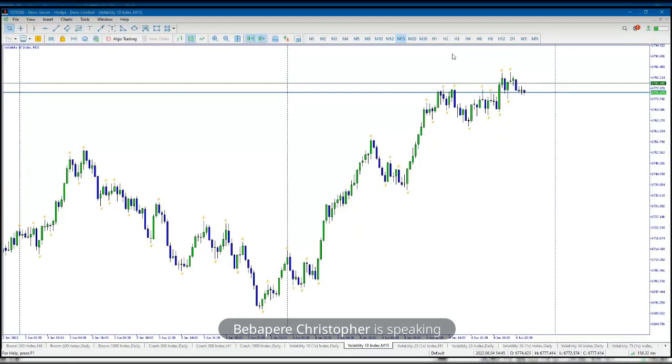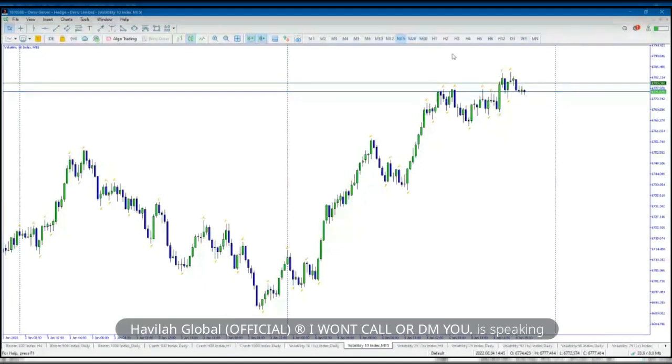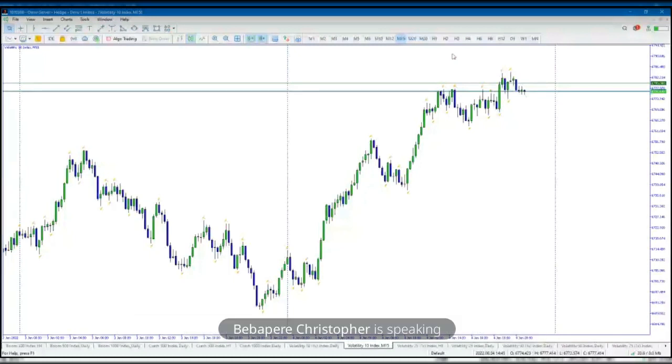Another thing I'm observing this evening is that I think V10 is a very good trendy market. In other words, if the market is buying, just put buy. If the market is selling, just put sell. I've not tried it before, but I'm just looking at the graph and observing that if this market wants to start selling, it sells. It basically keeps to its trend, though I have to backtest it to come up with something complete. So that's just my observation.